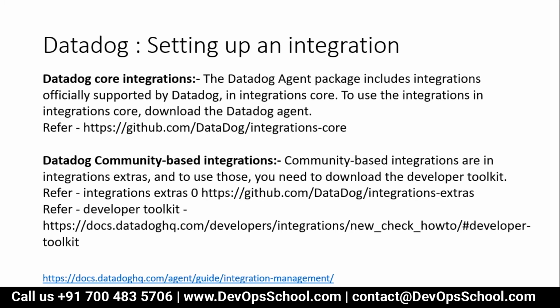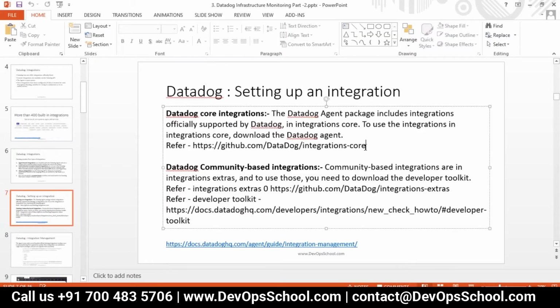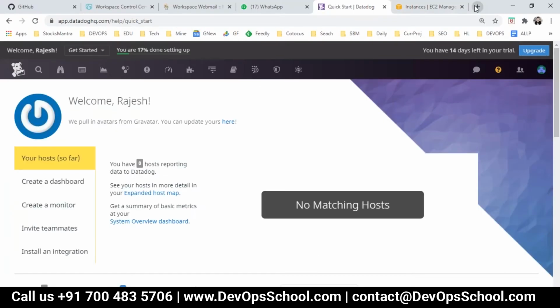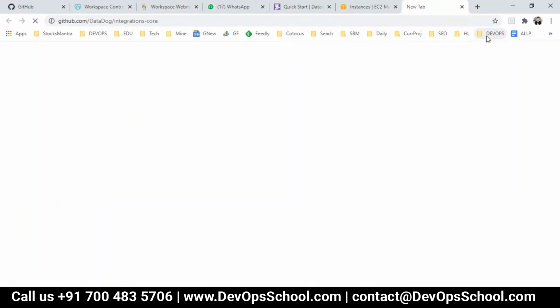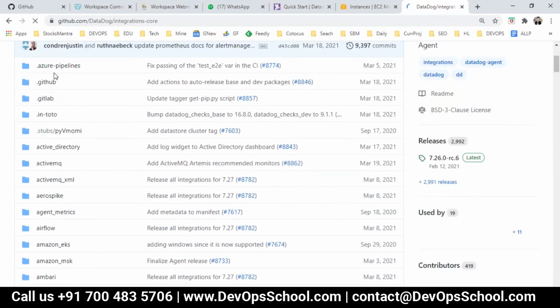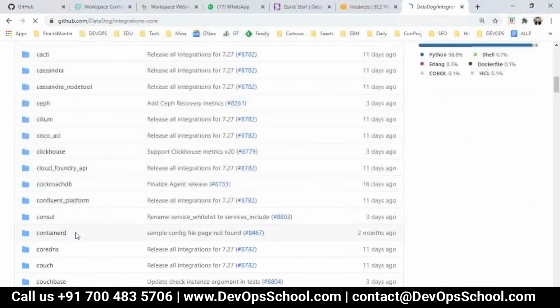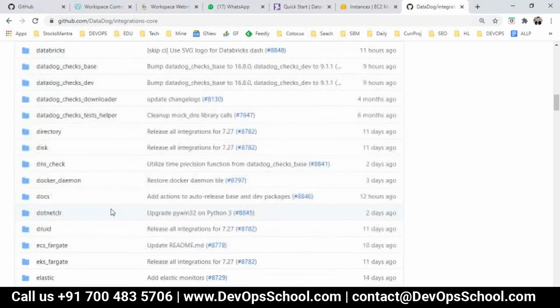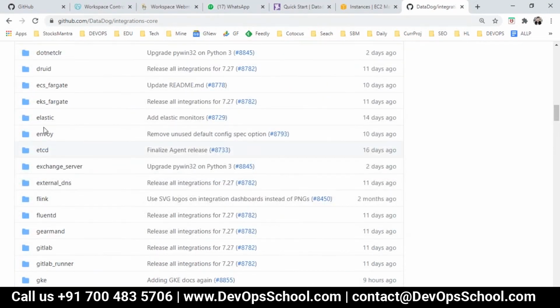Let me show you those URLs. This is the Datadog core integration. See here, so many tools are available which you can integrate, and these tools can help you send data to Datadog. Elastic is here.